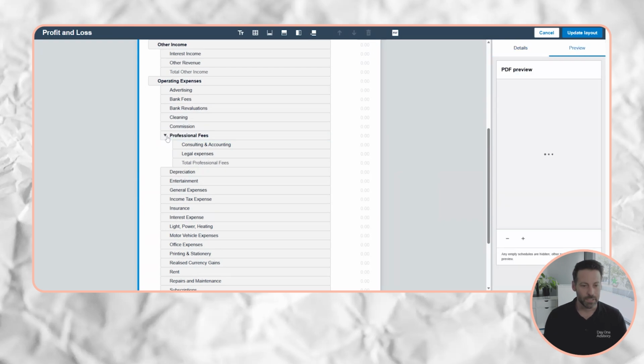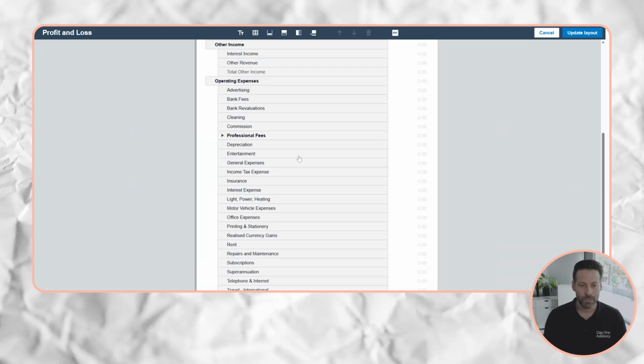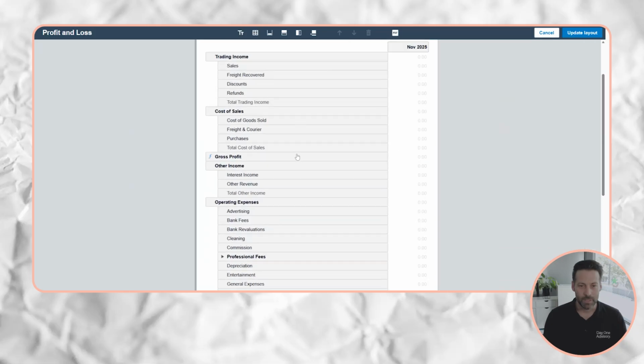And then you can collapse that group. You can add things like groups here. You can also add in formulas. So there's lots of things that you can do to manipulate how the data shows up within your P&L. And all of these things that are listed here are just the chart of accounts. So get your chart of accounts right and they will be in your P&L ready to be moved into the respective spots. So the first thing we did was within trading income, I've reordered the sales and the freight and